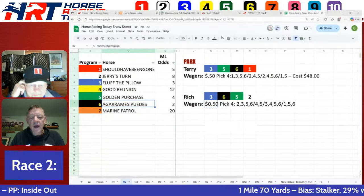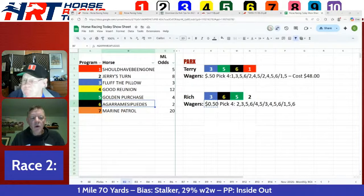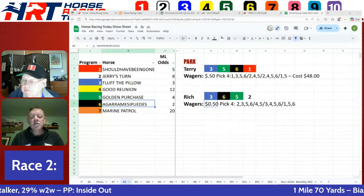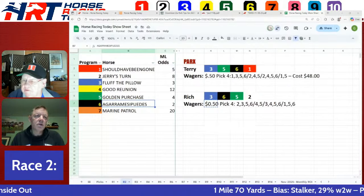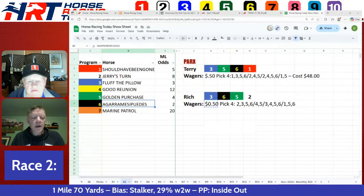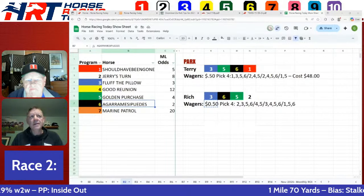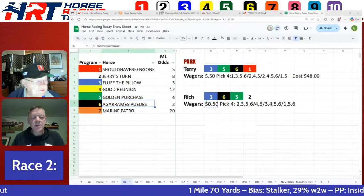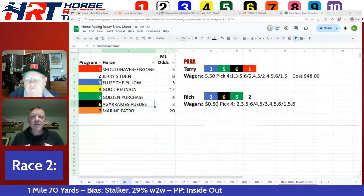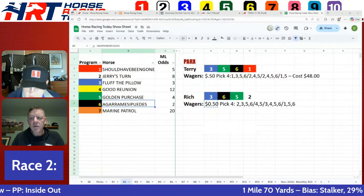All right, anyway, that one was better. The 6 horse has more than a 3-length late speed edge that we spoke about, but is 0 for 2 at Parx. Golden Purchase is your simulation favorite, one of those yes horses, like the 5 in the first race. Did show better early pace last time out, and it's the third race after layoff for Jamie Ness. He can win first up, second up, third up, any up. And then Jerry's turn to the 2 horse. Not sure what happened in its last race, but I expect that one to go forward today, maybe at a decent price. My pick 4: 2, 3, 5, and 6, the 4 and the 5, the 3, 4, 5, and 6, and then I'm going to go with the 1, 5, and 6 to close it out for $48